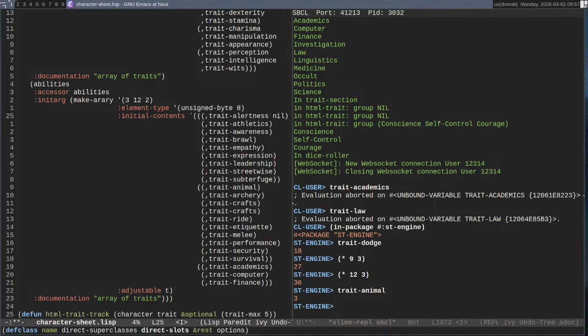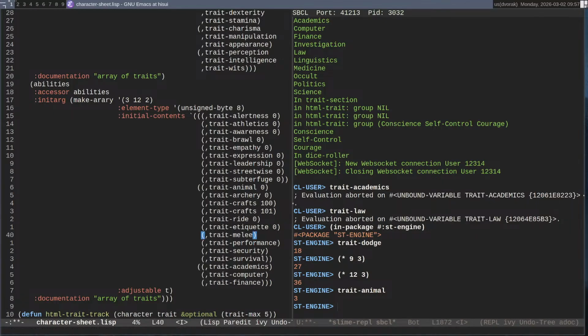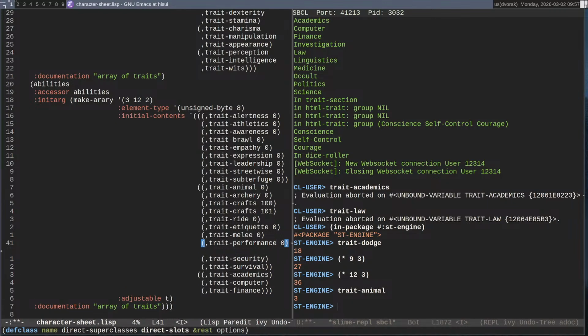But if I go nil, I should go 0, 0, 0, 0, 0, 0. Now here, I'm going to go 100 and 101 because I don't know what they are yet. I'm not doing anything with them yet, but that will remind me that we need to do something with them.